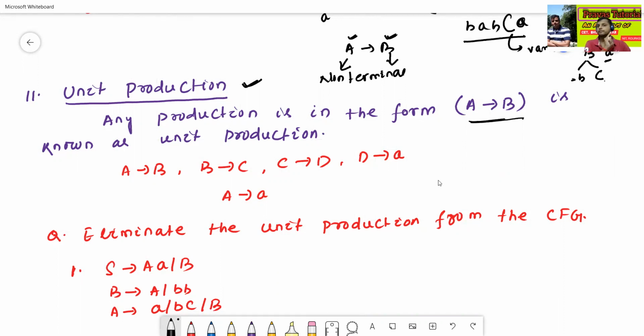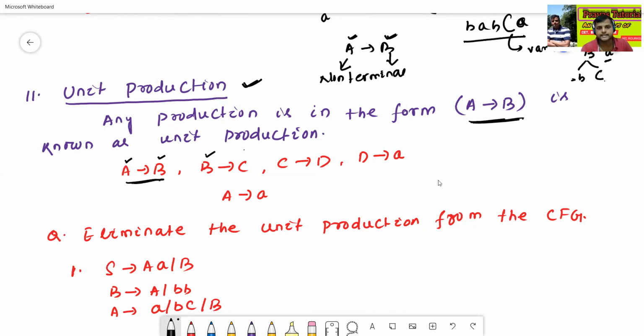The left part contains only one non-terminal and the right part contains only one non-terminal. It's called a unit production. Any production in the form A to B, see here, A to B is a unit production because the left side is one non-terminal and the right side is one non-terminal.